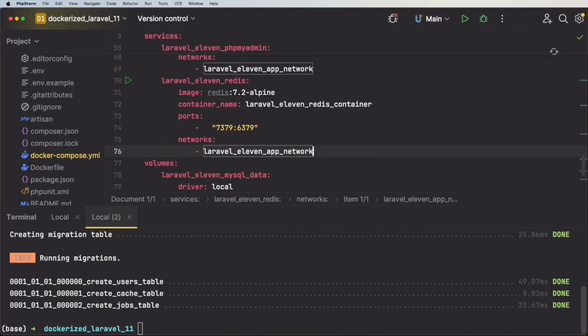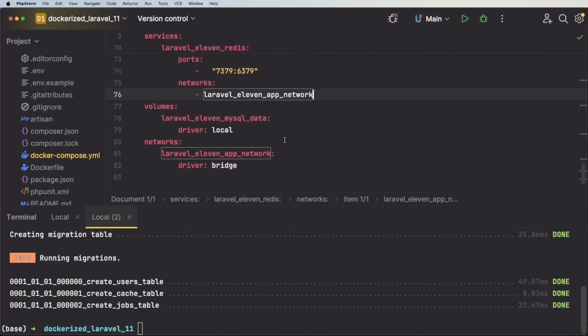So that is it, and that will be the end of this session. I hope I've been able to show you how to connect to your database and how to Dockerize a Laravel